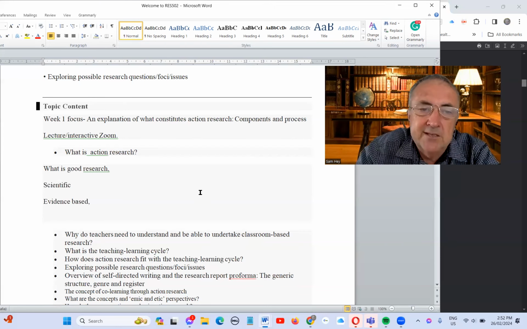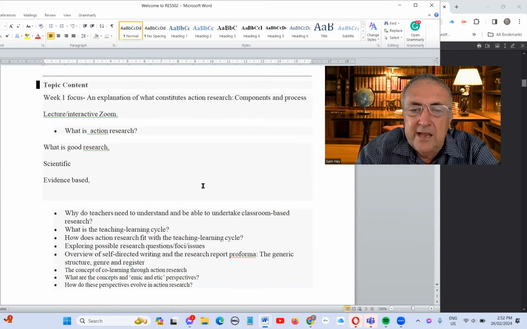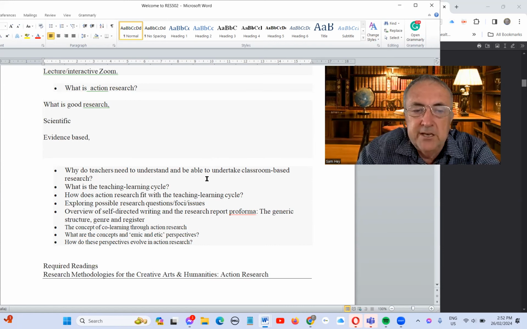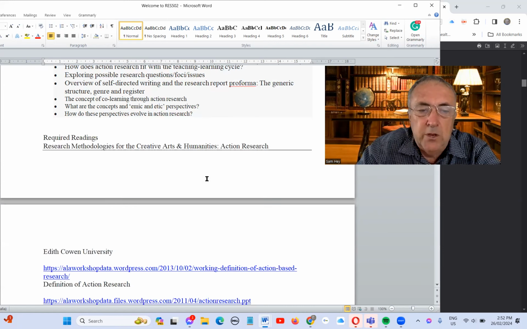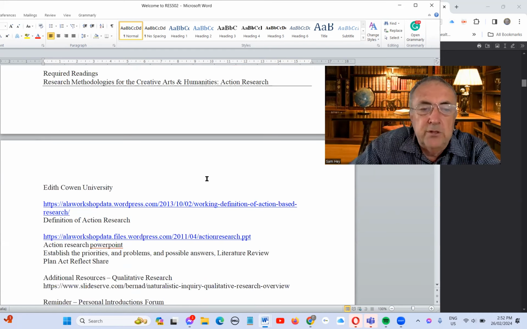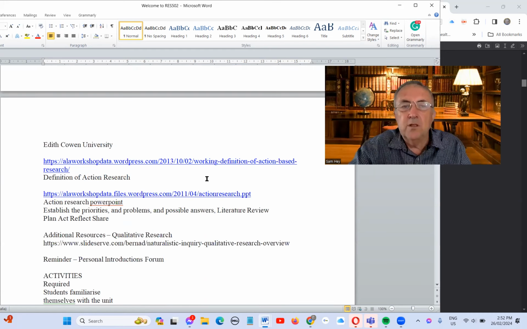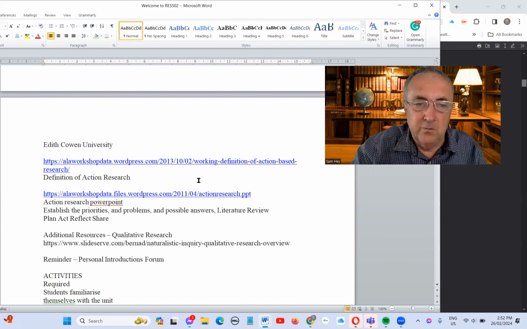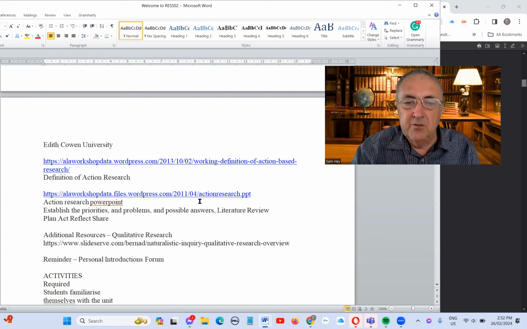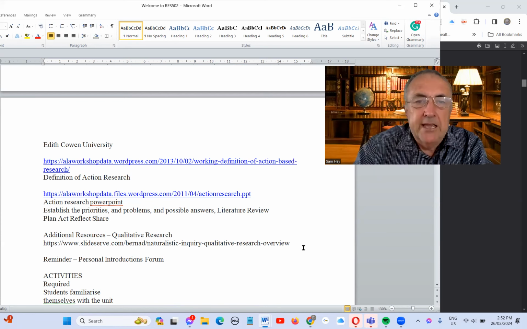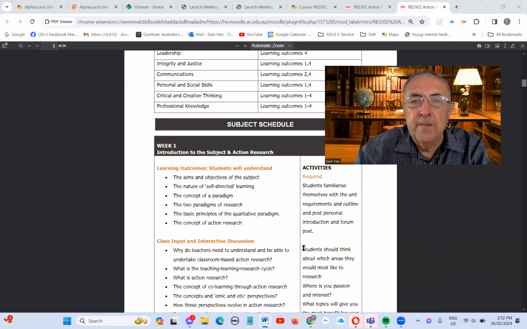All of these ideas that you might have written down as to what is good research we'll come back to and we'll visit later. And I want you to think a little bit about what's action research in terms of putting this into practice and how we learn through this. Certainly, one of the first ways in which we can find out about research and action research is by going to some of the resources that we've provided in this subject,